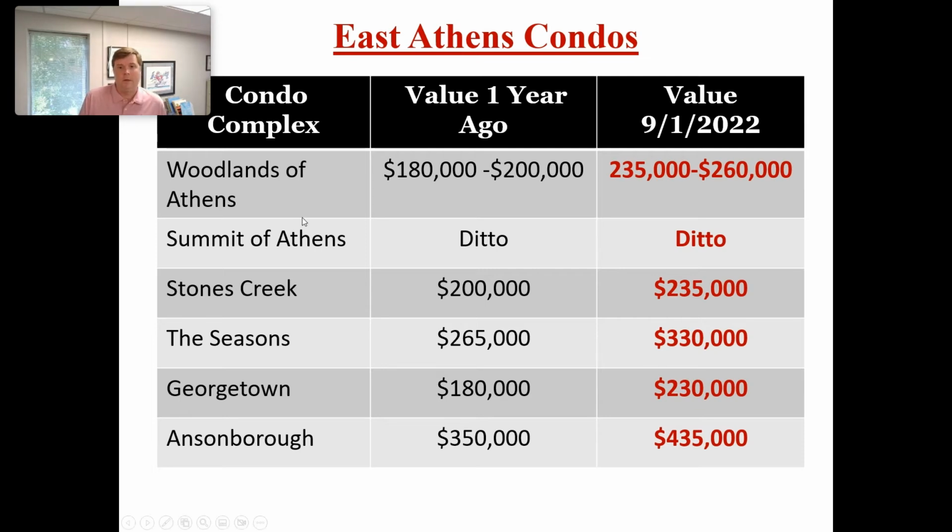Woodlands of Athens, a year ago, you're looking at the 2-bedroom 180, 3-bedroom 200. Flash forward to September 1st, 2022. 2 bedrooms going to be about 235, up to a 3-bedroom at 260, and that's with upgrades. Summit of Athens, there's a little bit of a difference there, but not much. That's why I've got ditto. But the Summit of Athens, if you're seeing this and you're trying to get a value, you can track right